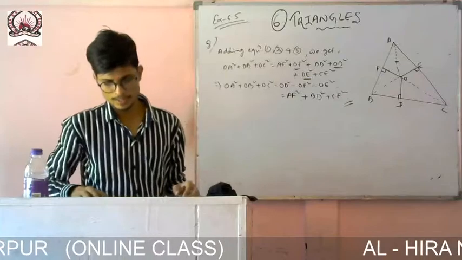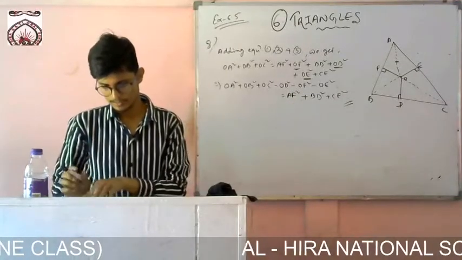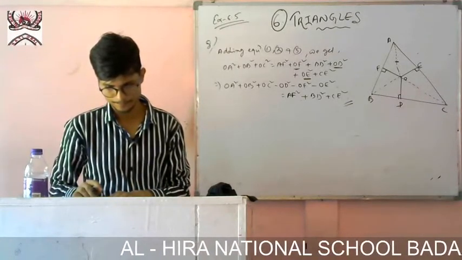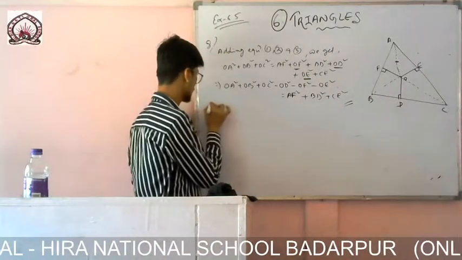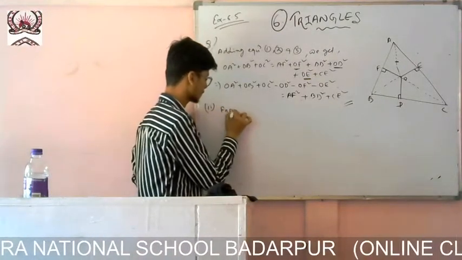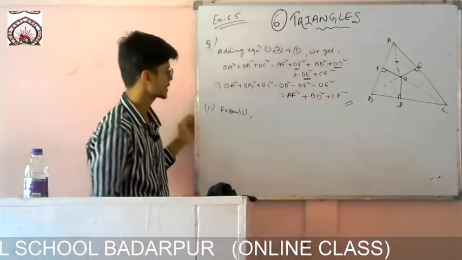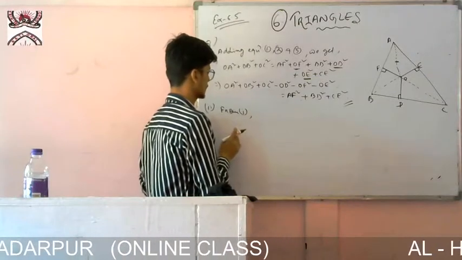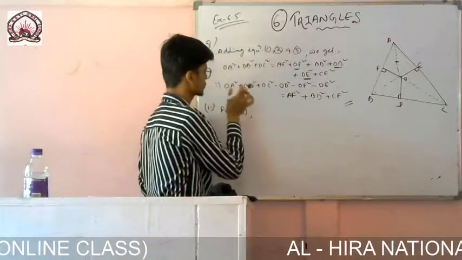Now the next one, by using this one I can find. If you see that the second part of the next one is equal to the first part of this one. So Roman number 2 you can write from Roman 1. From Roman 1 I can write, okay, Roman 1, that means I am talking about the Roman number 1. So what have we got?